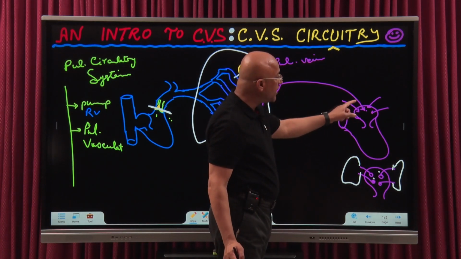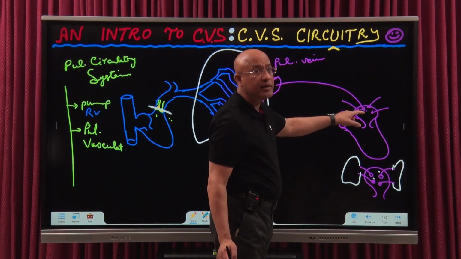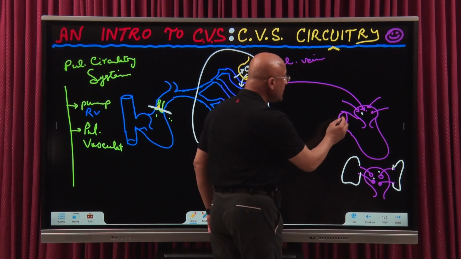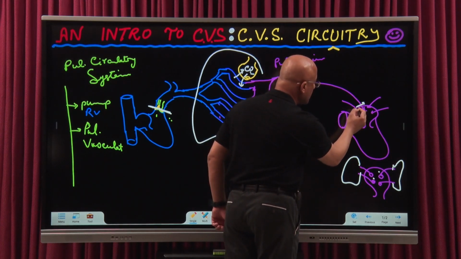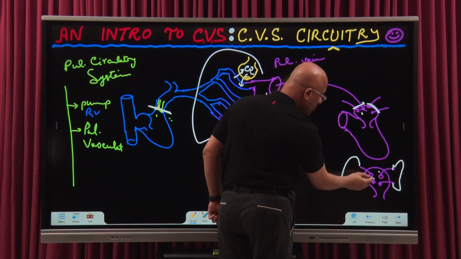And that is the final drainage, and also it acts as a reservoir, right? So pulmonary vasculature is up to this point, right? What is this point? Up to these openings,